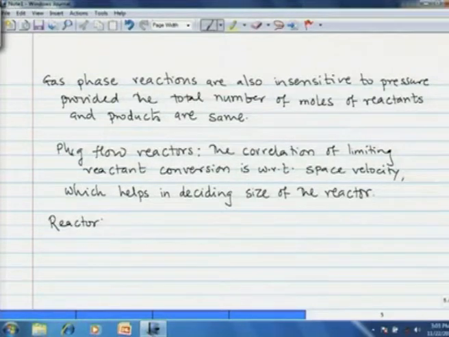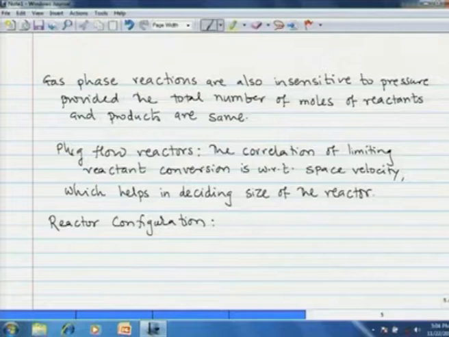Now, taking the same theme further, we have to see which reactor configuration will suit most for a particular reaction, whether we should go for a batch stirred tank reactor or a continuous flow reactor. That is a basic distinction. Now, in case of solid fluid reactions, we have options of having a fixed bed reactor, a moving bed reactor, a fluidized bed reactor. In fluidization also we can have different modes, whether bubbling mode or turbulent mode or continuous, like circulating fluidized bed mode, and so on and so forth.